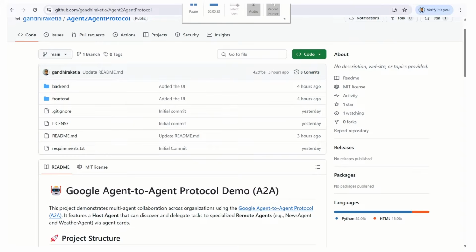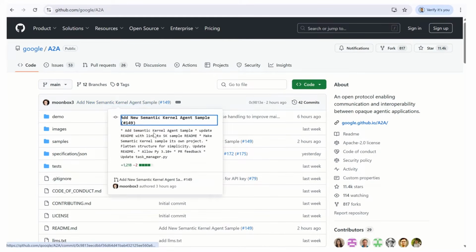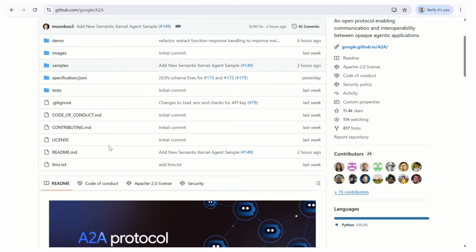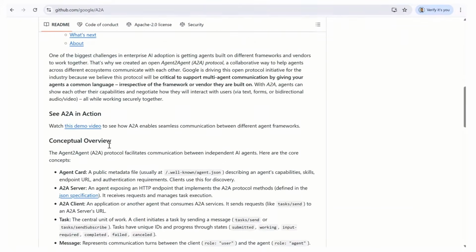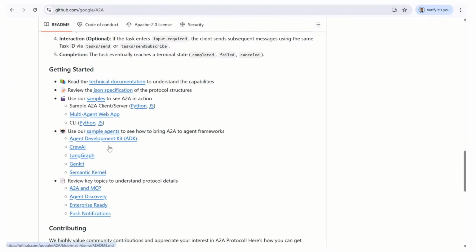And there is another important repo which is from Google. In fact, I reuse a lot of the code which I'm using today from this repo. We can directly copy paste some of the libraries instead of cloning the entire repo. I took only some libraries. So this has a lot of examples on how to build an agent using the Google A2A protocol. They also have a